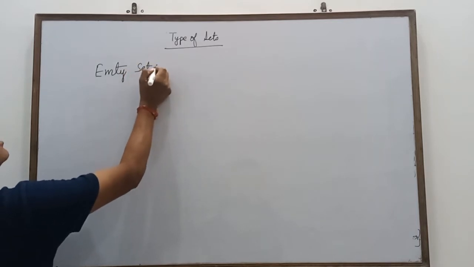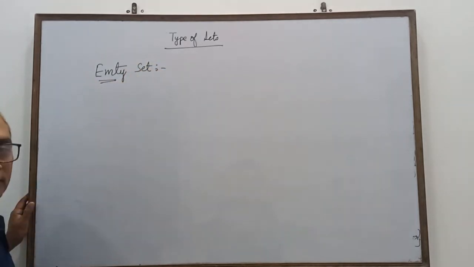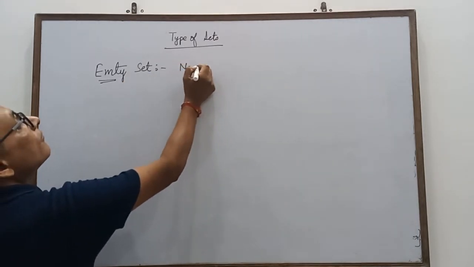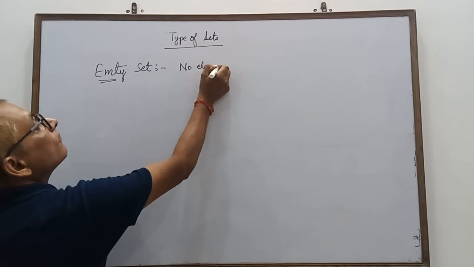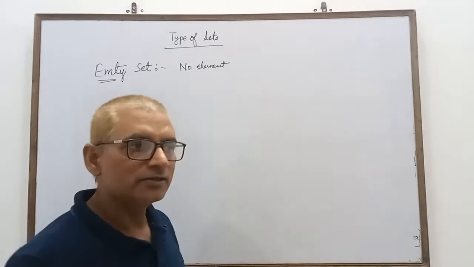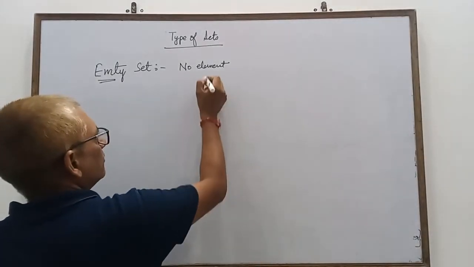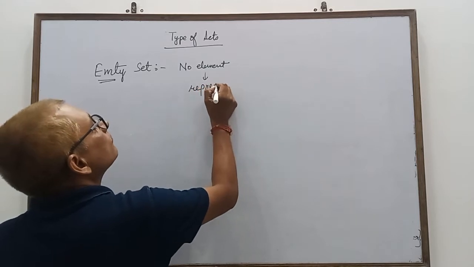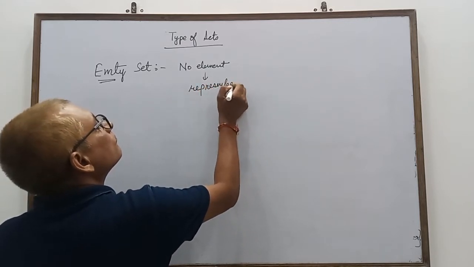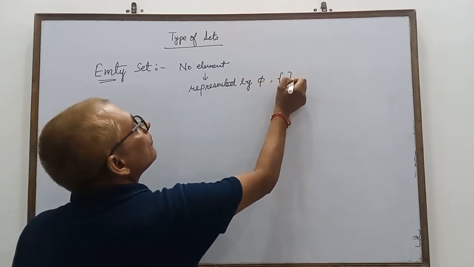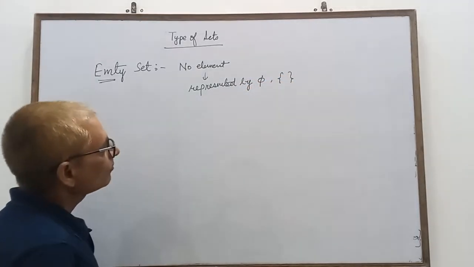Empty set, as the word suggests, means no element. If a set has no element, it is called an empty set. It is represented by phi or empty brackets. For example,